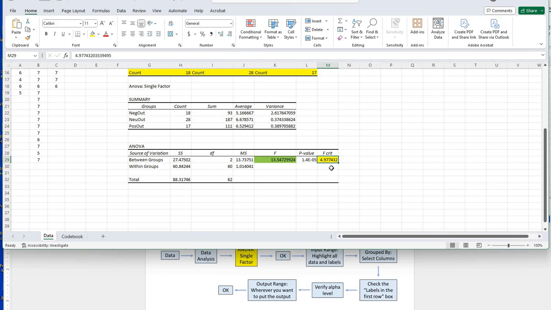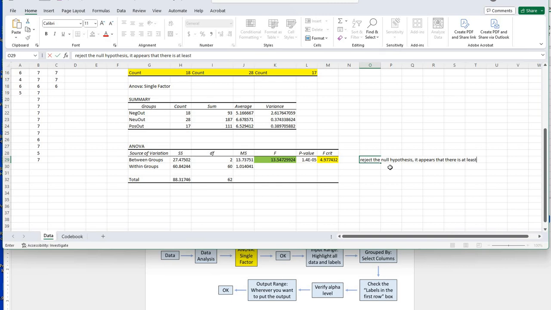So the larger the F statistic is, the more rare that value is, and the less likely it is to occur by chance. So if we're looking at our 2 values here for that F critical and that F statistic, you'll notice that our F critical is 4.98. The F statistic is 13.55, which exceeds the critical value. It's larger than a critical value. So in this case, we are going to reject the null hypothesis, which means it appears that there is at